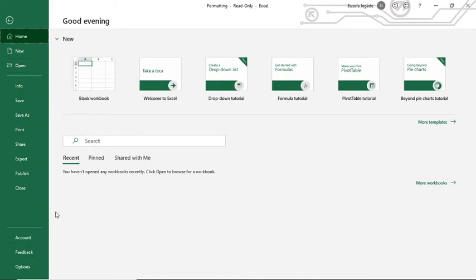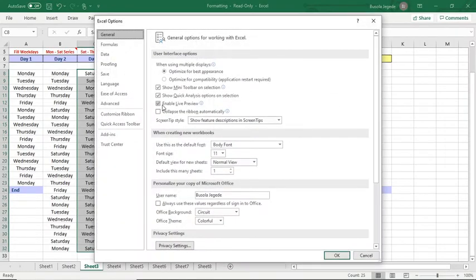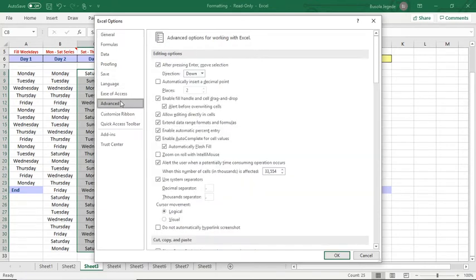So my Excel options is here. Then under advanced options, you would see enable fill handle and cell drag and drop. So in case yours is not ticked, you just want to tick that so that your autofill drag down is